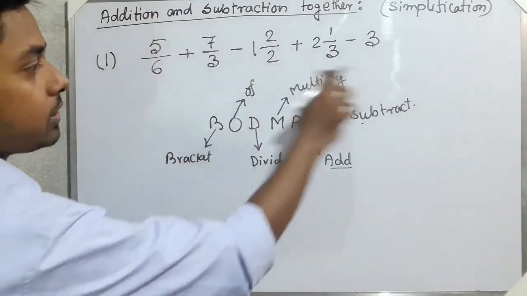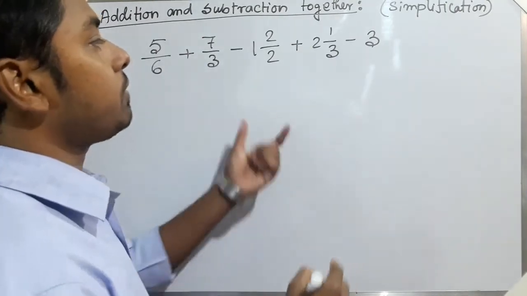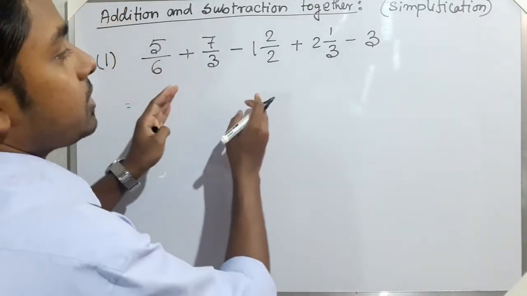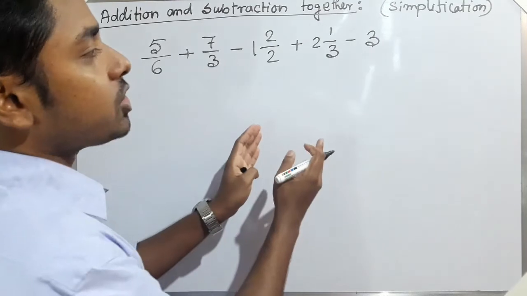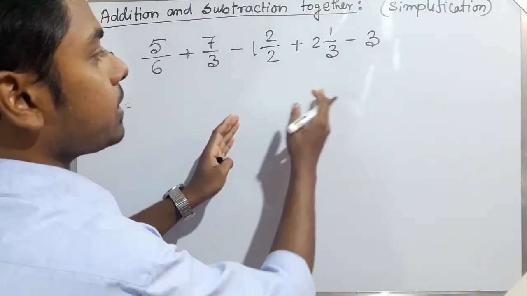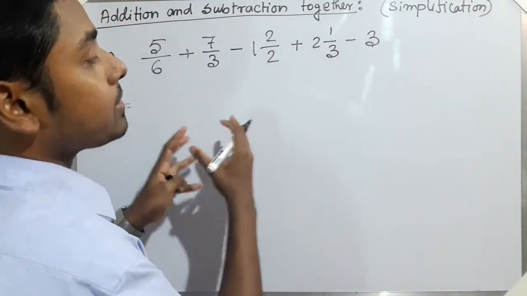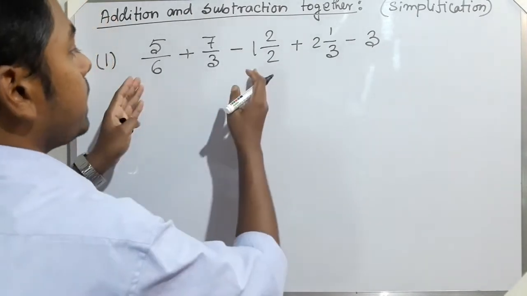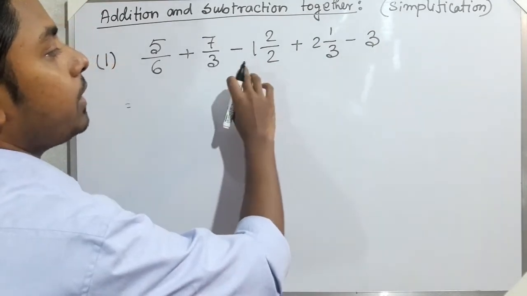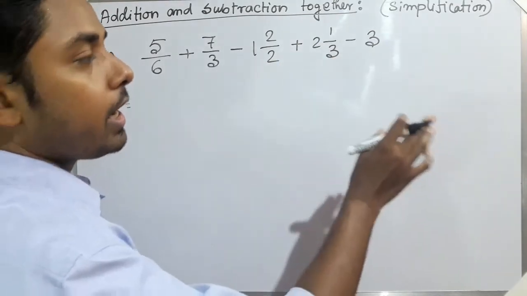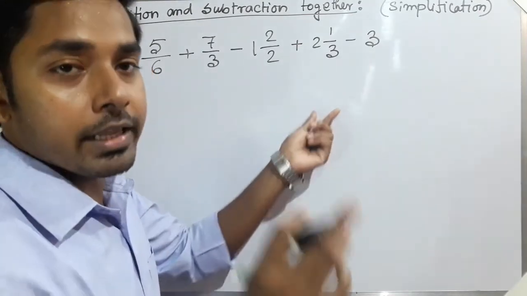So first of all you will pause this, then we will start. So already we have seen, according to the BODMAS rule, first of all you have to add. So all the fractions that are in addition we have to take together, and all the fractions that are in negative sign we have to take together. And how to separate them, those having positive and those having negative? The fraction which has a negative in front of it will be the negative fraction, and the fraction which has the positive sign in front of it will be the positive fraction.